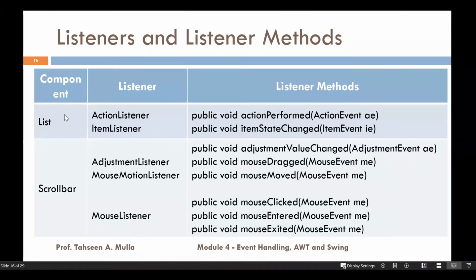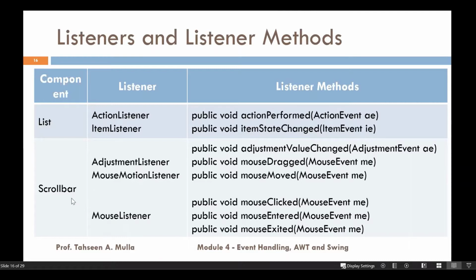Next, we have list. Again, there are two listeners, action listener and item listener, right? So list will define, after choosing a particular option, what action is to be taken, and whether the state is being changed or not. Then we have scroll bar.